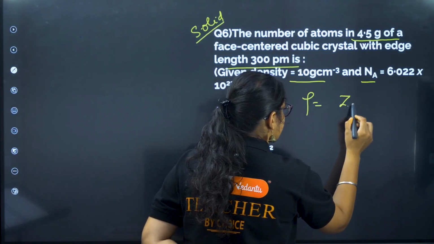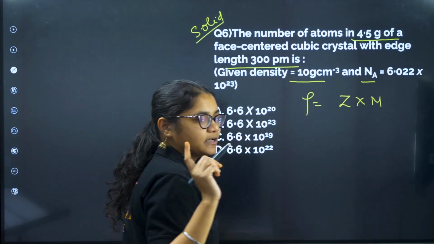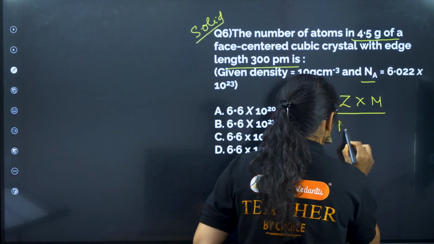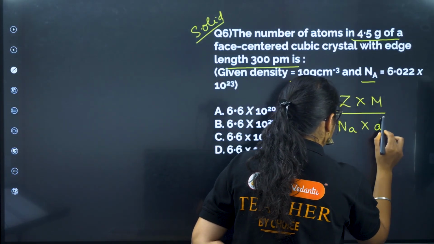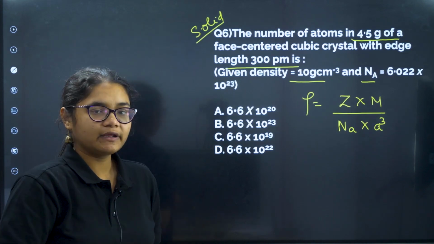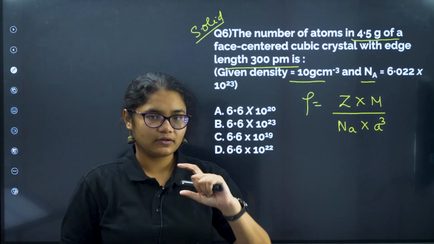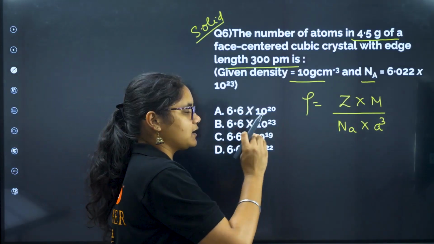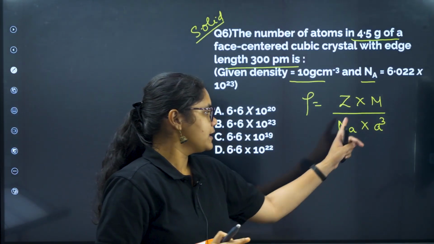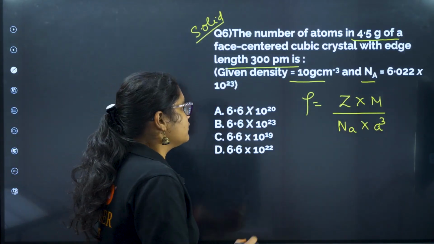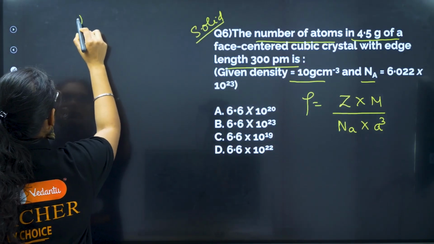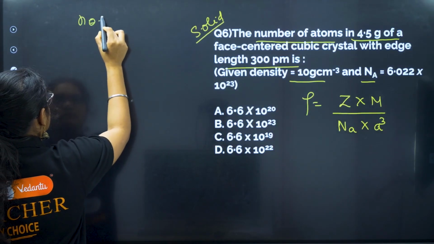Density is equal to Z into M divided by Na into A cube, where Z is the number of atoms, M is the mass. Now, A cube is the cube of the side length, Na is Avogadro number, Z is the number of atoms present in a unit cell, M is the molar mass. Now we have to calculate the number of atoms, right? The number of atoms formula we know, number of atoms will be equal to,